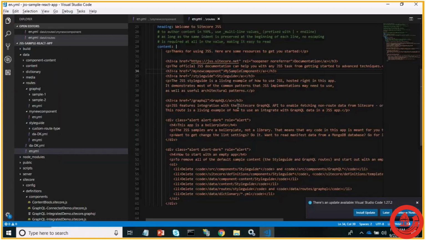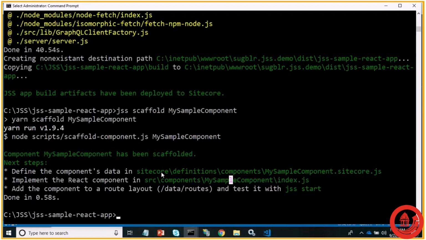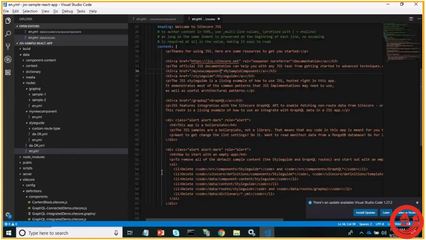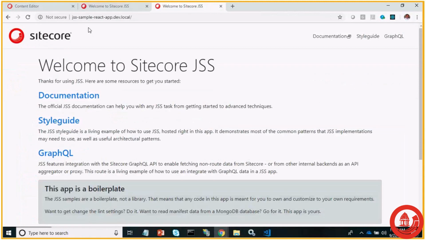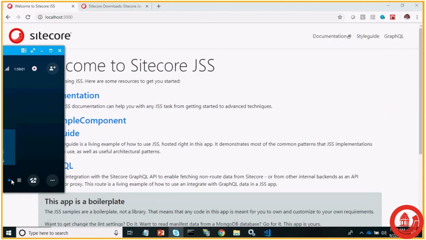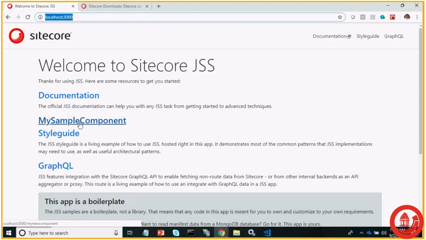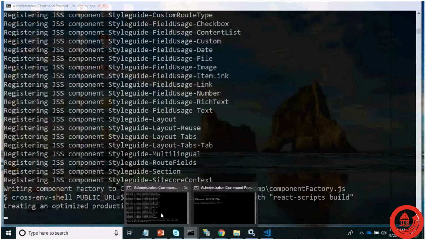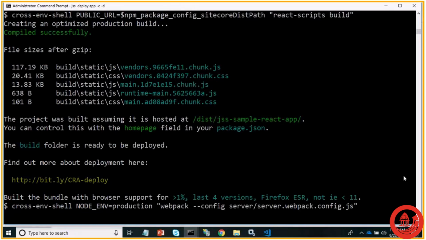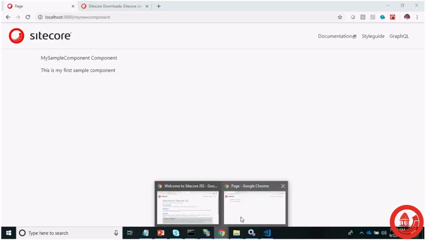Now having done all these changes, I have to deploy it to my existing JSS application. I can either test it in a disconnected mode. For testing in the disconnected mode, all I have to do is open my existing localhost running instance. Let me check whether it is running or not. Yeah, it is already running. I did a deployment, and I can see in my local instance the new component which I have created is now available. If I click on it, this is my new component. I just deployed it again into JSS using the same jss deploy app -d -c command,